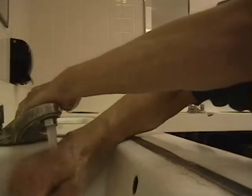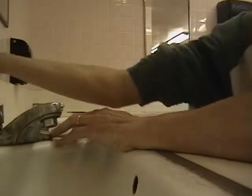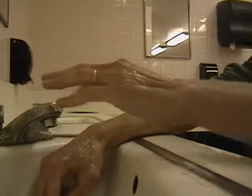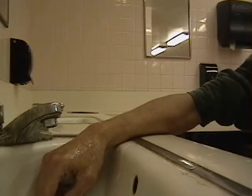And this one, the sinks are kind of tough because you have to push on a button. And one time, while you're wetting your other hand, you always have to do it because the sink turns off so quickly. So the water stops running almost immediately as soon as you remove your hands. So I washed my hands there,